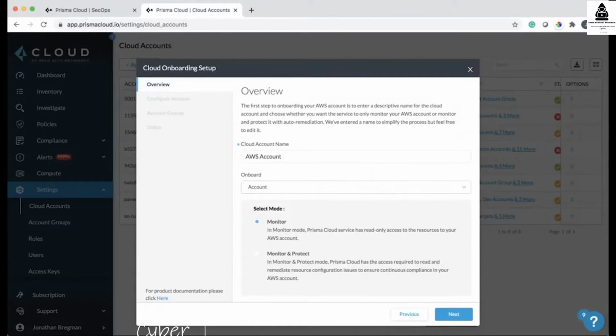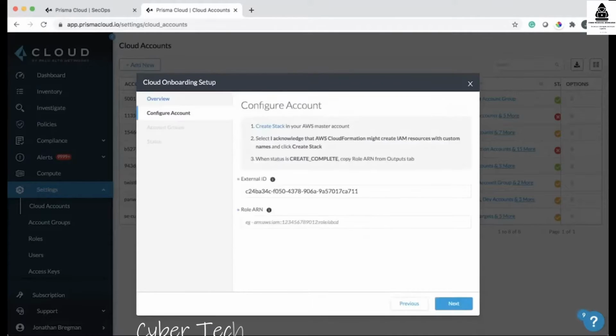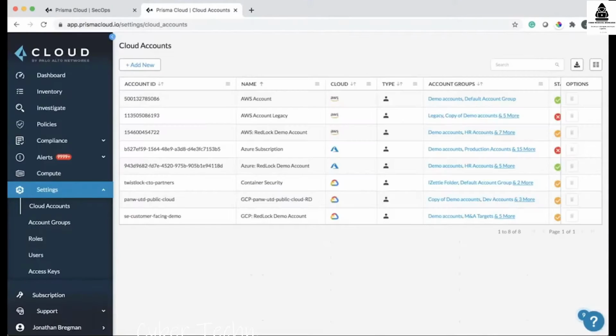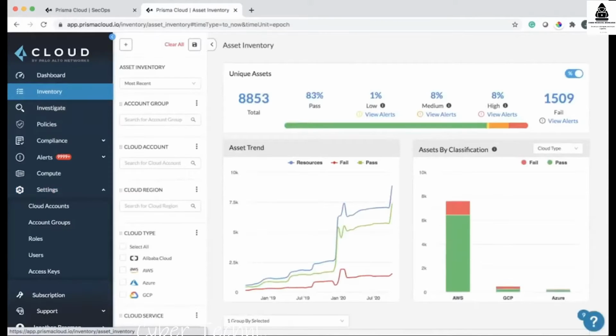Prisma Cloud will monitor the security posture of the environment, or monitor and protect, which enables you to have Prisma Cloud automatically remediate misconfigurations as they are discovered. From there, it's as simple as adding your relevant cloud account details. And from there, Prisma Cloud begins building an inventory of all of the assets or resources deployed across your multi-cloud